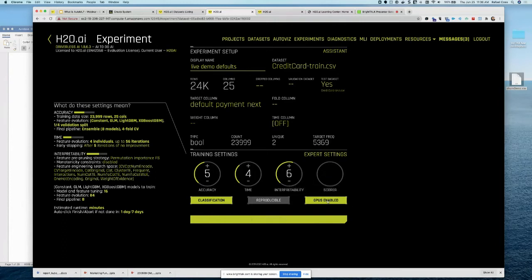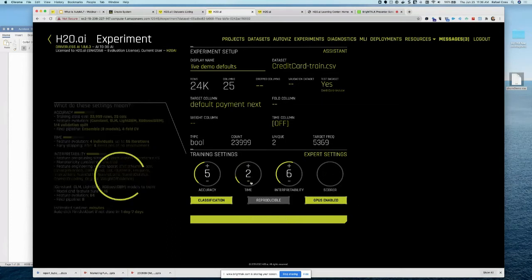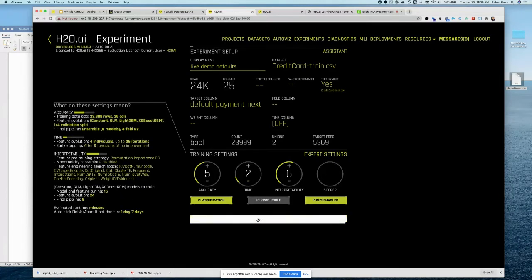And so this can work with GPUs and CPUs. Again, this is part of the acceleration. So not just the acceleration in the automation of the tool, but also the acceleration in speed in leveraging compute to make this process faster, right? And so you can leverage GPUs, but it can also run just on CPUs, right? So I'm going to bring down the interpretability to 2 and run a quick experiment, right?